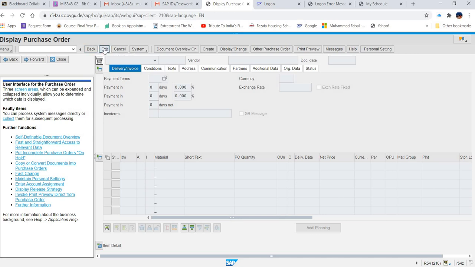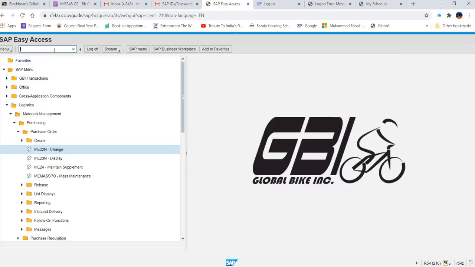If I write the code directly here, if I type ME22N, by the way, these transaction codes are not case sensitive. So you can write in capital or small, it doesn't matter. Wherever it is case sensitive, it will be given in the exercise. So I typed this transaction code and pressed enter.